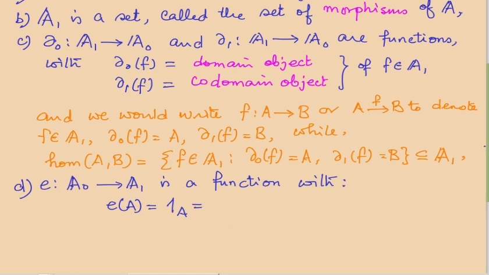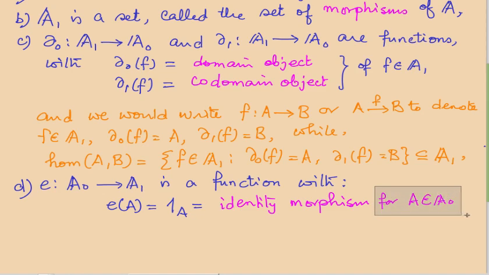This is the identity morphism for the object A, and given just this data,